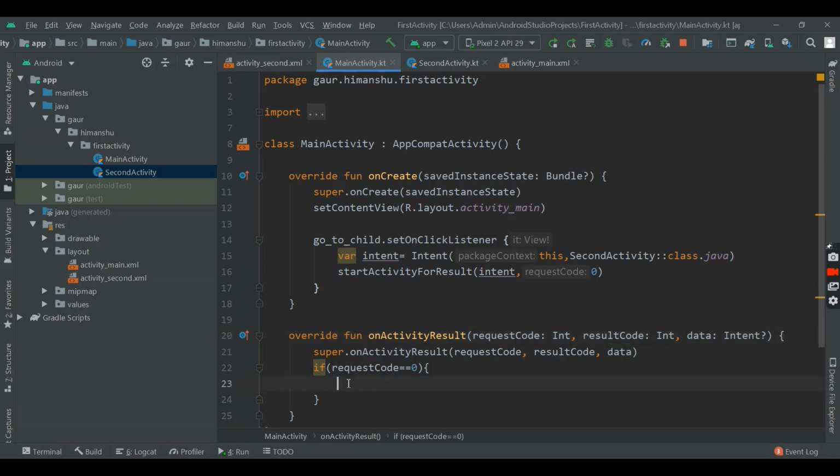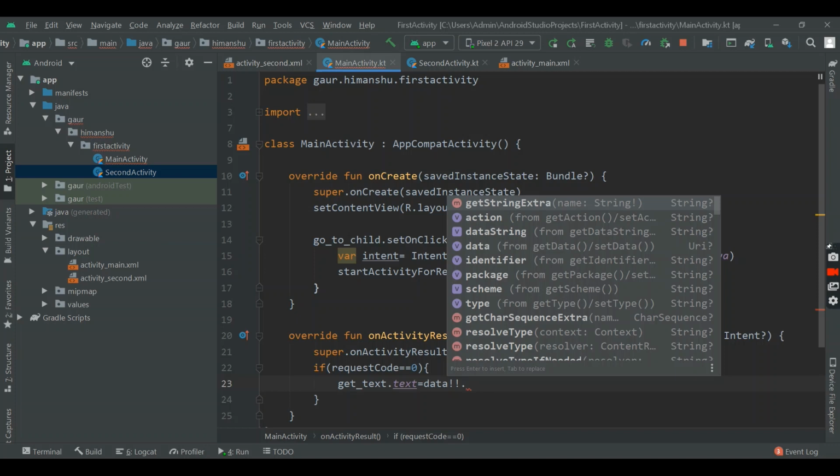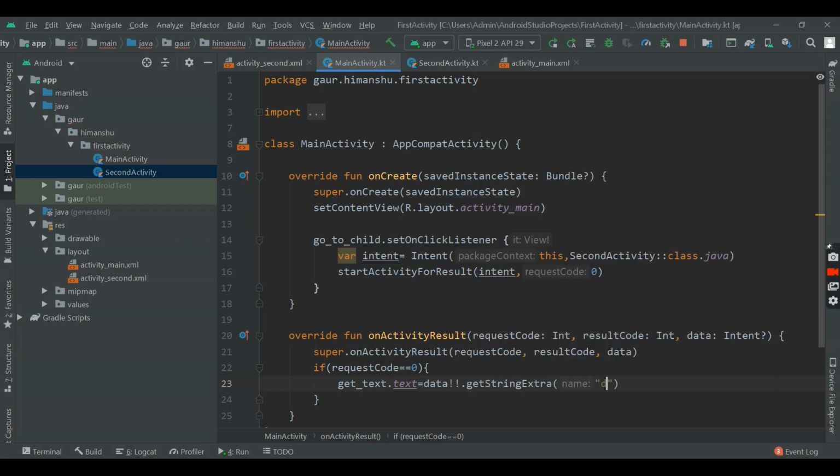Now our text view ID is get text dot set text on it which we'll get from our data. So get string extra, and here our key is data. So that's all. Simply run this program.